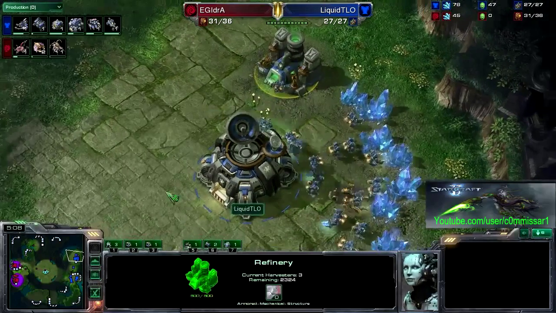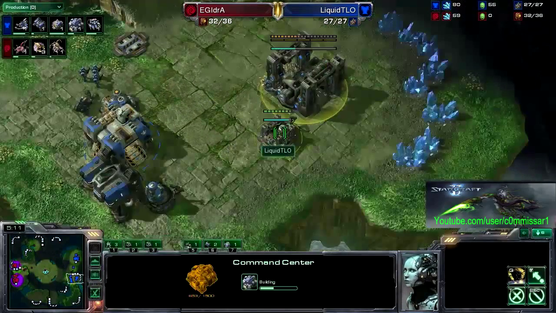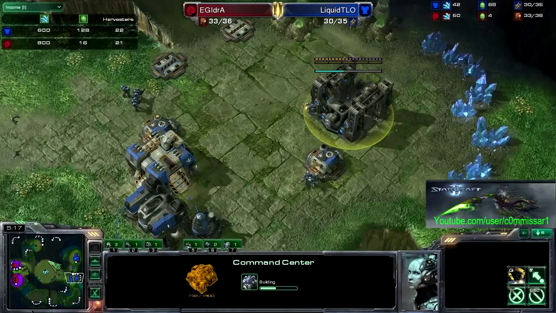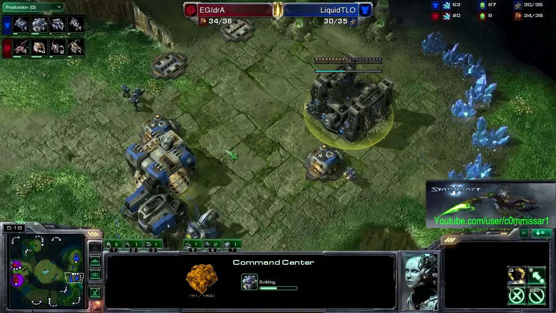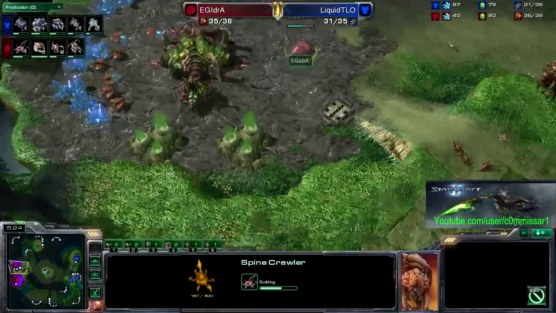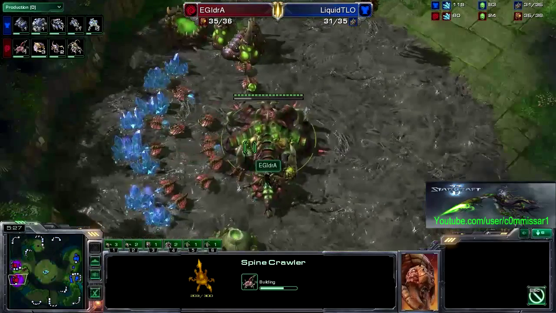So meanwhile, just 1 gas geyser this whole time being mined by TLO. He's just been continuing to pump out SCVs, and is what? How far is he behind? He's not behind, actually. So that's a little bit unusual. I expect him to be a little bit behind at least in SCVs at this point,